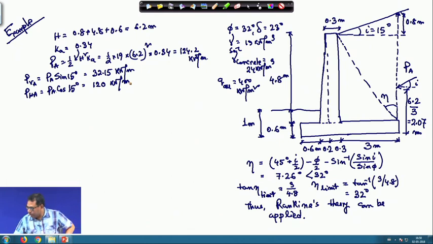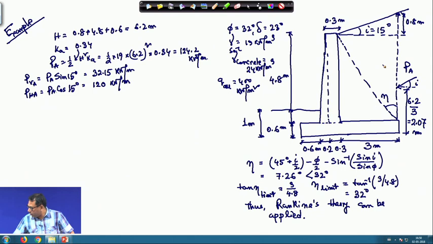Okay. So, now we have to check all four conditions, that is the sliding, overturning, no tension and the bearing capacity. So, first we are calculating the weight of the different loading. As I mentioned, in case of Rankine's theory, we will apply the force on this line, the face of the wall, but in case of Coulomb's theory, we applied it on the wall itself. So, in Coulomb's theory, we did not consider the weight of the soil, but here in Rankine's theory, we will also consider the weight of the soil during the stability checks.